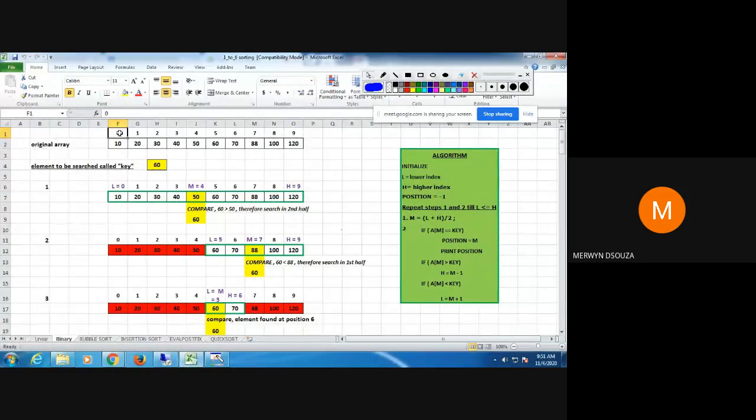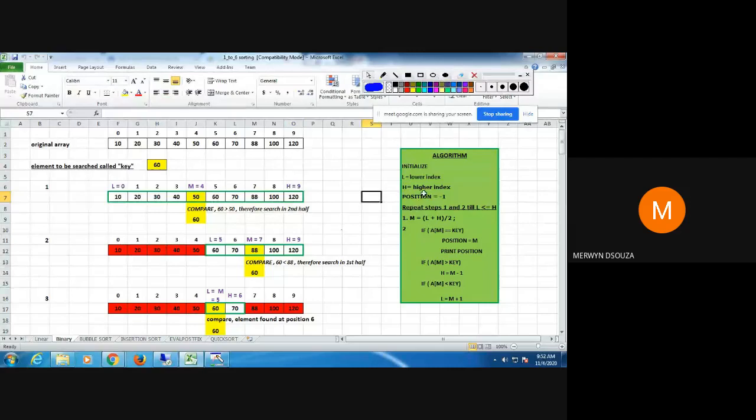So the value of L will be 0, the value of H will be 9. Then you're going to set the variable position equal to -1. Initially this will be set like that. So L will be 0, H will be 9, and position will be -1. Here you can see I've highlighted that L is 0, H is 9, and position I have not shown, but position is equal to -1.